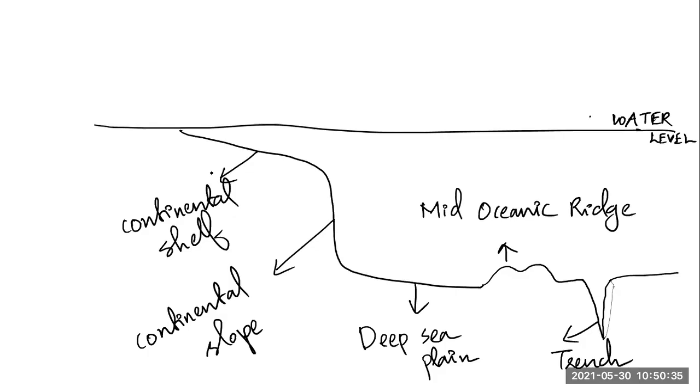So the first one is the continental shelf. I hope you have understood this by now. What we have drawn over here is basically the ocean floor only. On the ocean floor there are multiple features. What we are drawing are the different features which can be seen underwater. In the underwater region, the shallowest parts